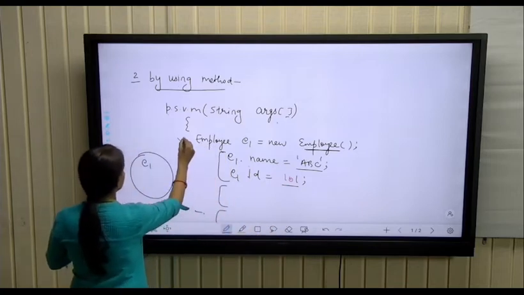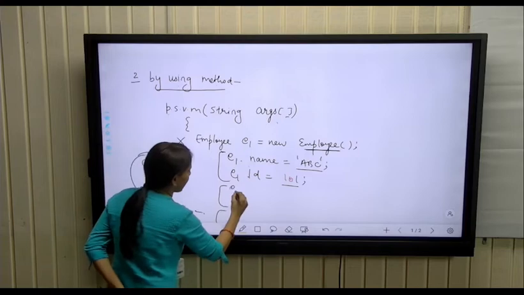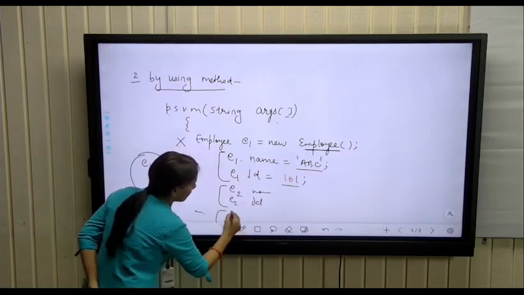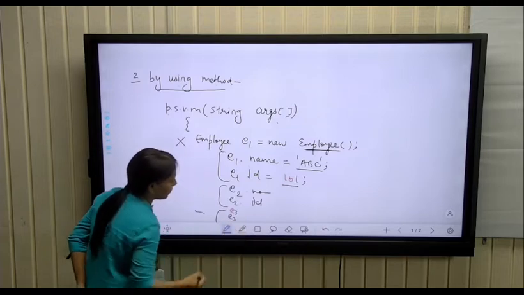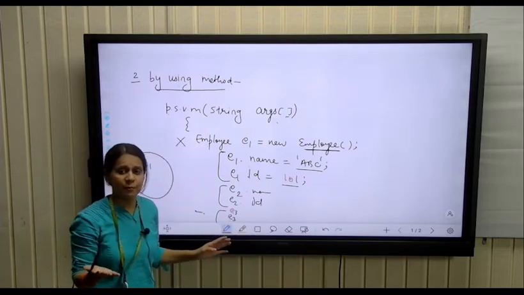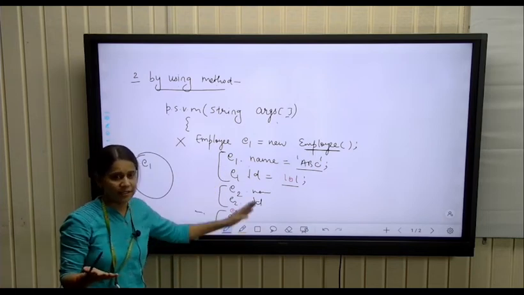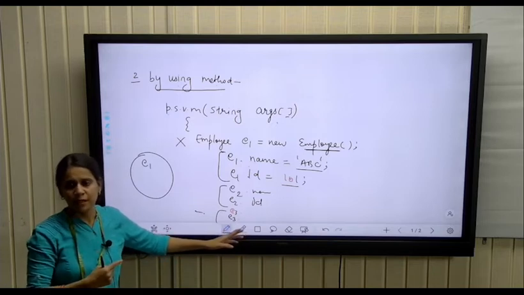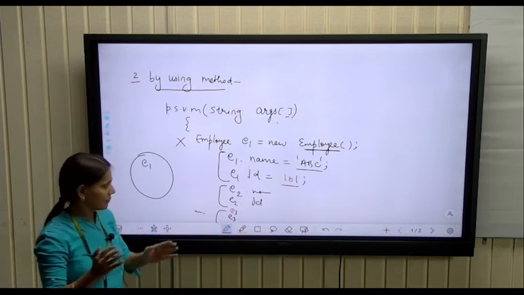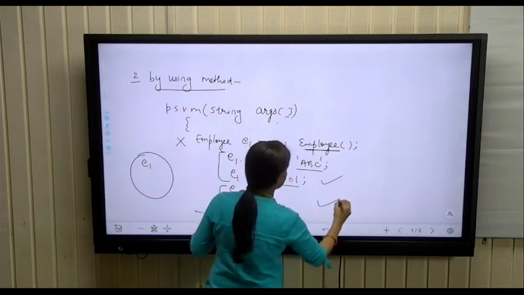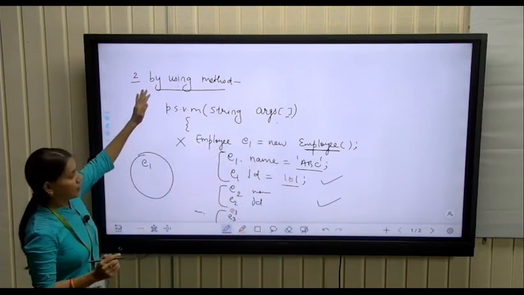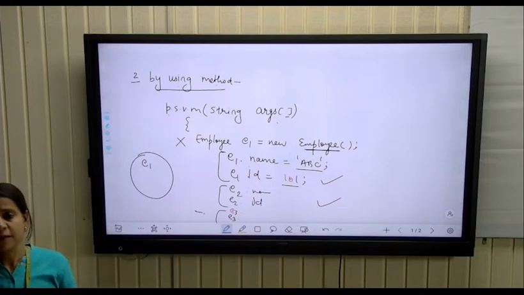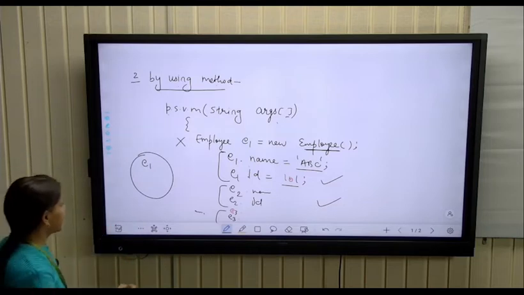So we'll not work on this, because we cannot write these things again and again. The number of lines will increase. If we have 50 employees in a class, then we cannot write these two lines again and again. So efficient code will not be produced here. That's why this is not an efficient way to initialize your object. Got it? Clear? Okay. Next is the third one,